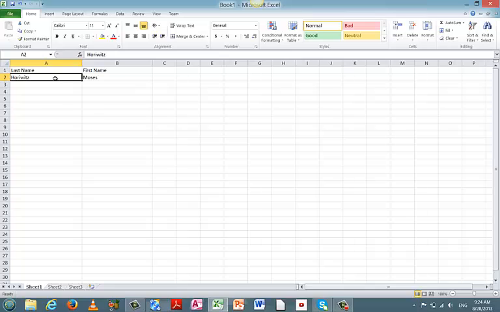I'm going to place the cell pointer on cell A2 where Horowitz is, I guess it's spelled correctly, and I'm going to point at the fill handle, click, and then drag down,